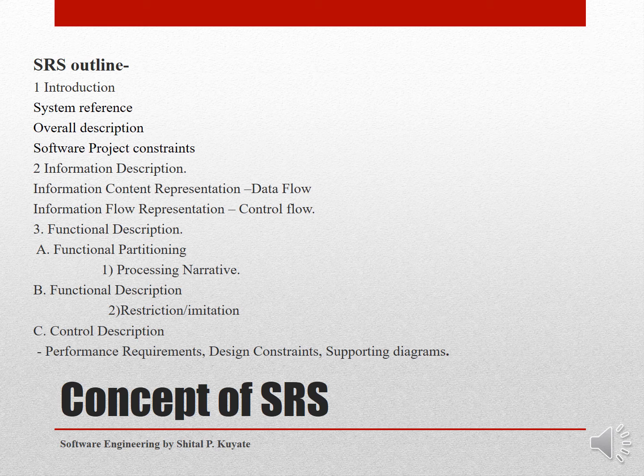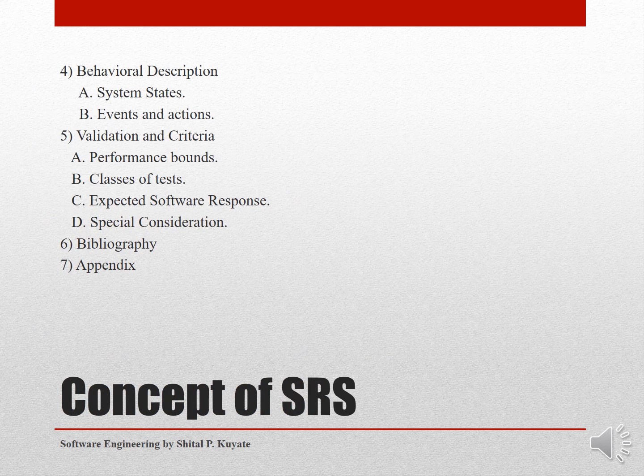Then the next one, that is behavior description. The behavior description section of the specification examines the operation of the software as a consequence of external events and internally generated control characteristics. Probably the most important and ironically the most often neglected section of a software requirement specification